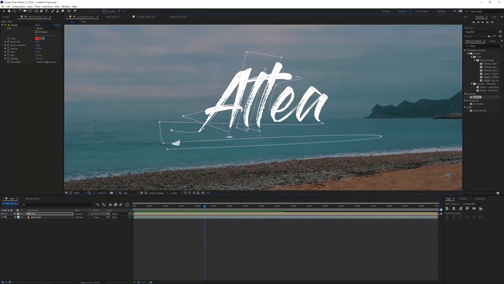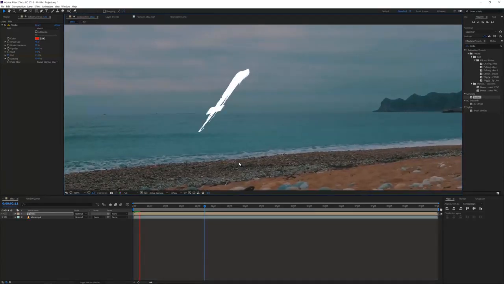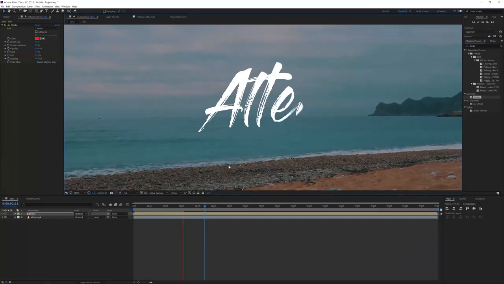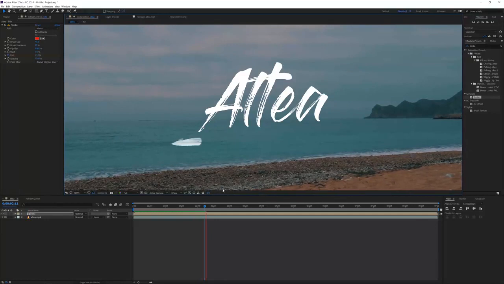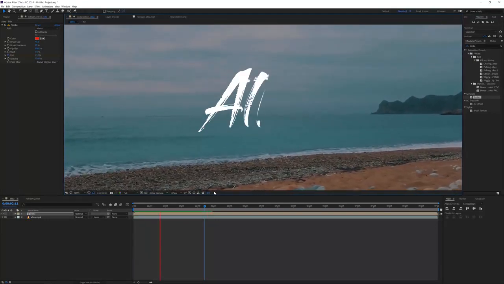And right here, we actually see a few other mistakes, where our brush is coming through here. So we can also fix that very easily like this by bringing it up a little bit. Of course, it's completely up to you how much time you're going to take on creating this. You can also speed it up a little bit to fix the errors you see in your text animation. Right now, it's kind of